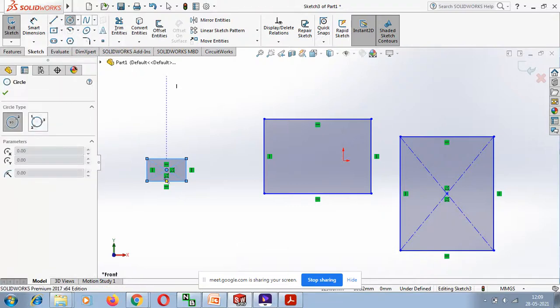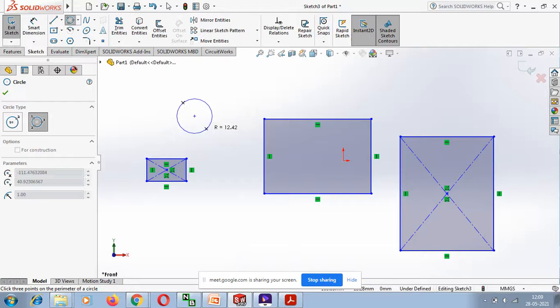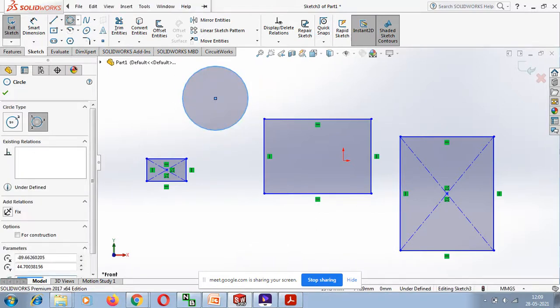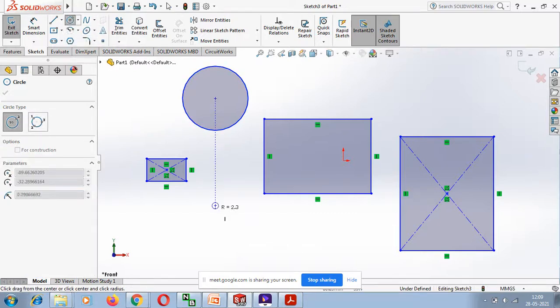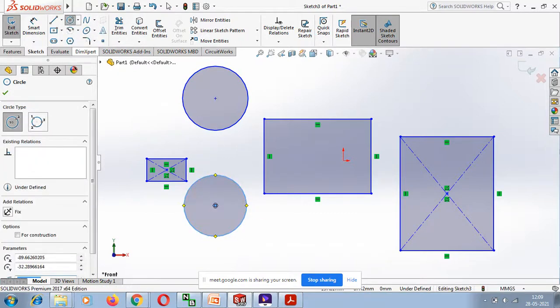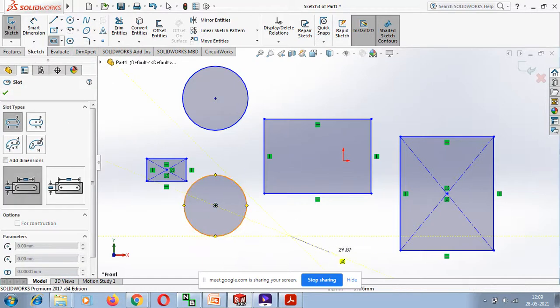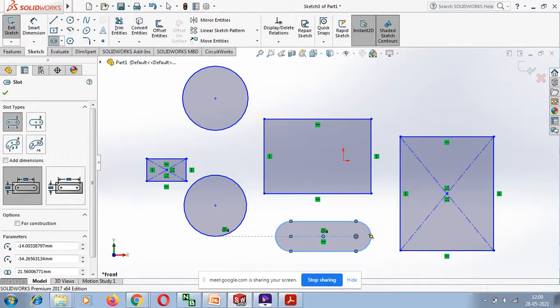Then circle, you can draw perimeter circle, 3 points. Okay, 3-point circle is there, or single point circle is there. You can draw it. And slotting is there. You can make radius like this and make this type of sketches. This will be used for making slot. Okay, slot